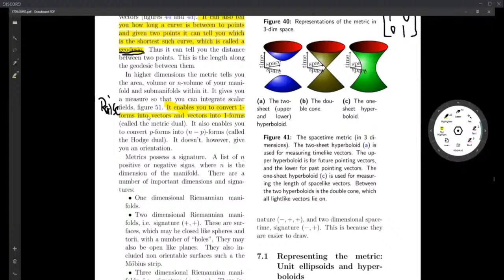But here's the thing. Your raised index and your lowered index, although they appear like I'm turning a column matrix into a row matrix or a row matrix into a column matrix, although it's so simple, you have to understand that the row matrix and the column matrix actually are very